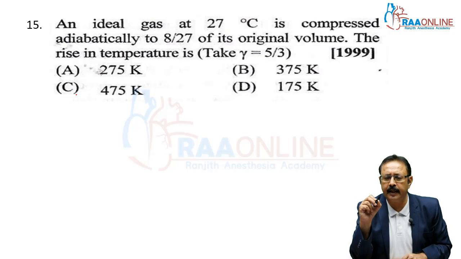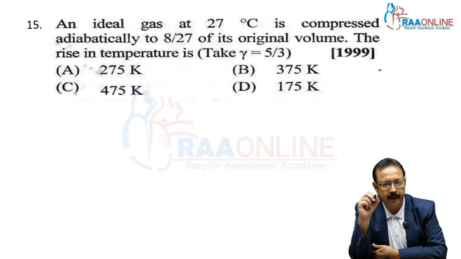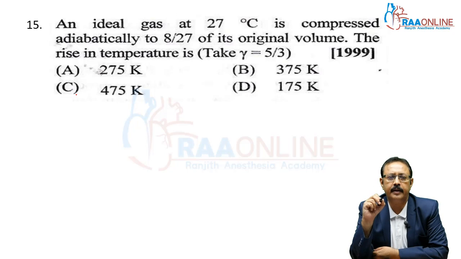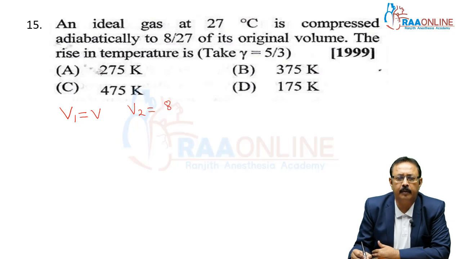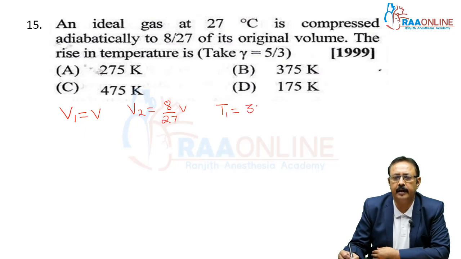Next, an ideal gas at 27 degrees centigrade is compressed adiabatically to 8 by 27 of its original volume. The rise in temperature is, what things are given? If initial volume is V, final volume should be 8 upon 27 of V. Initial temperature 27 degrees Celsius means 300 Kelvin. First we will calculate final temperature, then we will calculate rise in temperature, means